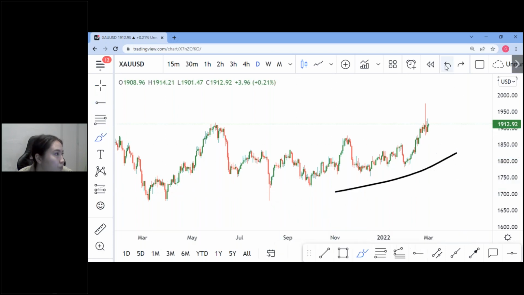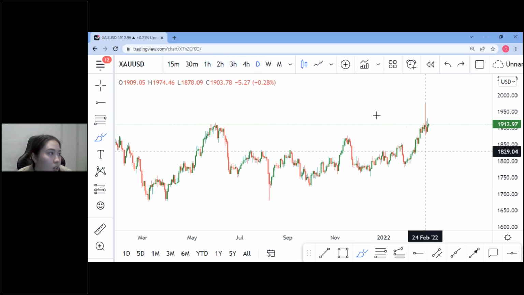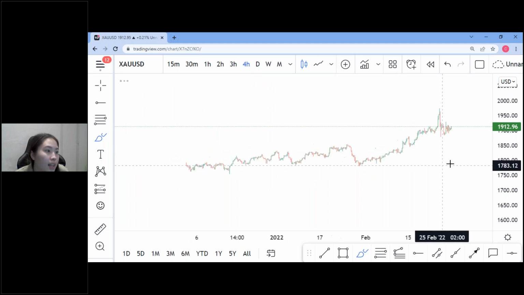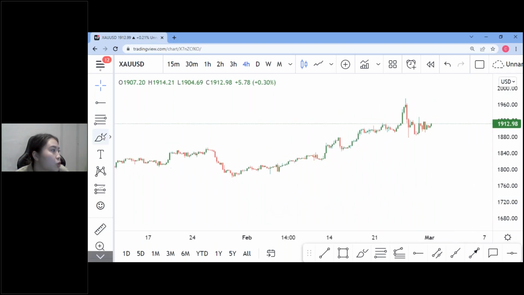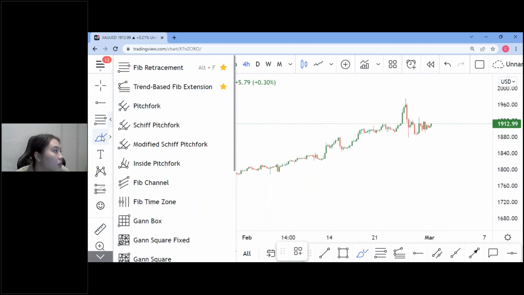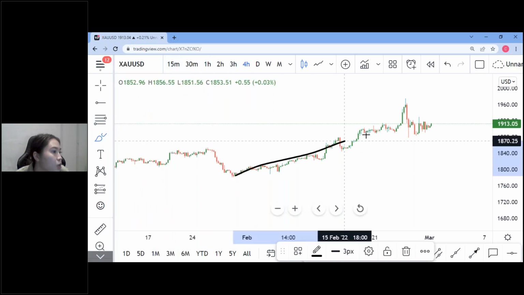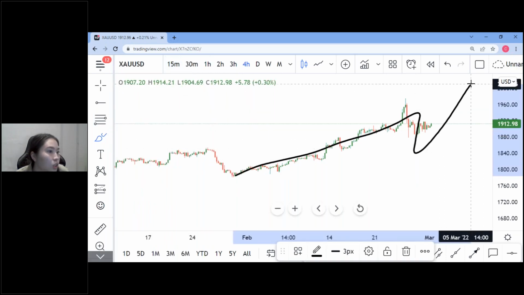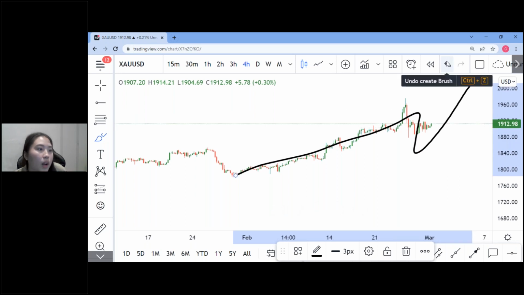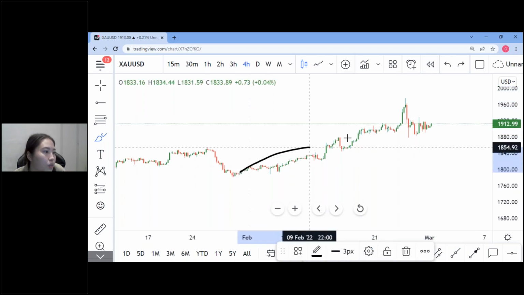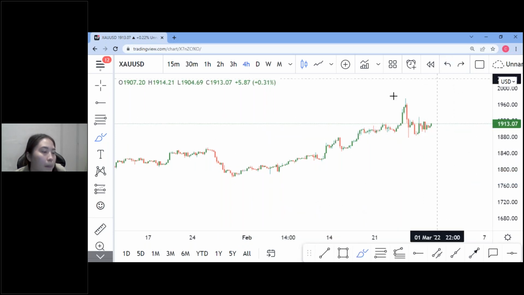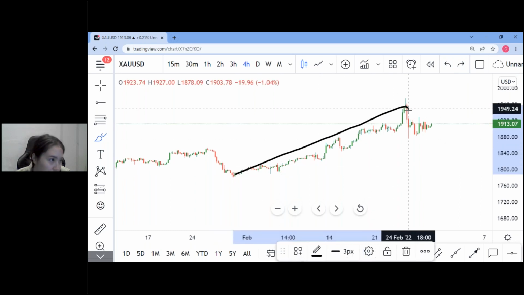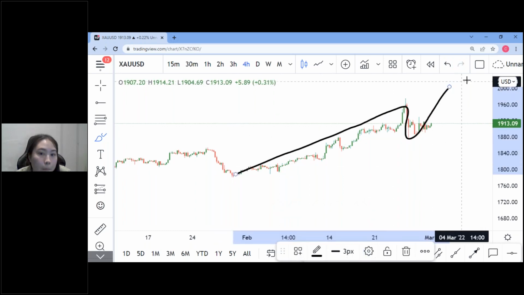Now let's go back to the 4 hours because we are biased that price is going in an uptrend. Your job as a trader is to find as much bias as possible. Because we are biased that price is moving in an uptrend, it's gonna retrace a little and then continue to move in an uptrend. But if our bias is down, from here it can do this, but it's gonna continue to go down. Because our bias is up, from here we're expecting price to move up.